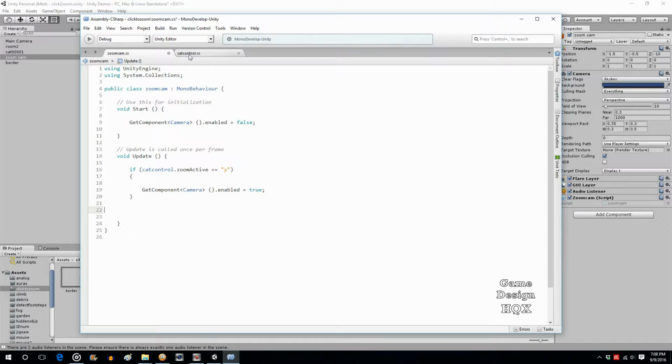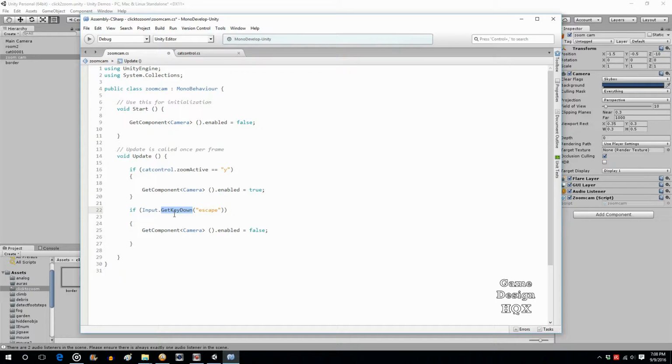We're going to go to our zoom cam. Normally when you have a key press, you do a key code, but we're just going to do a shortcut with this, since someone said use the escape key. Well, the escape key is one of the ways you can take a shortcut. So let's take a look at what we did. If Input.GetKeyDown("Escape"). So if the escape key is pressed is what this is saying, and GetKeyDown,